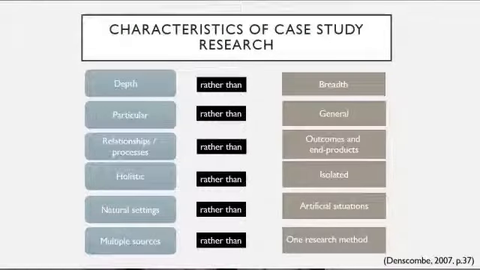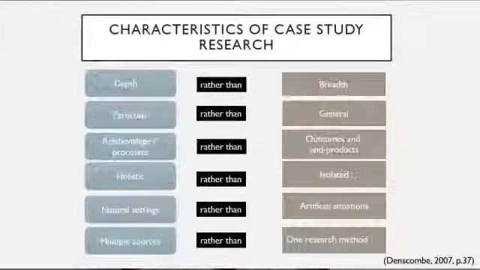in keeping with my own area of interests as an editor, in that case studies are concerned with depth and they focus on the particular. They look at relationships and processes, they're holistic, and they look at natural environments, and they use multiple sources. And I would find that a lot more interesting to explore than looking at, say, something general or at an